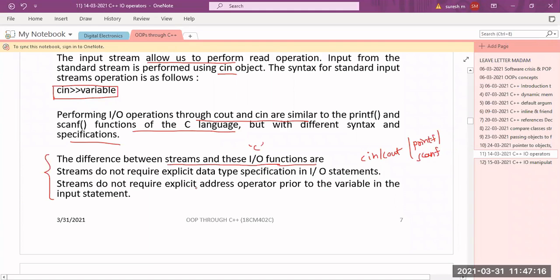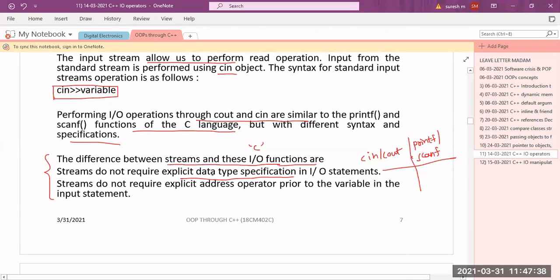In printf, what do you use? Format specifiers, percentage d. Yeah, format specifiers you have to use. Very good. So in the case of printf and scanf, you compulsorily have to use format specifiers.